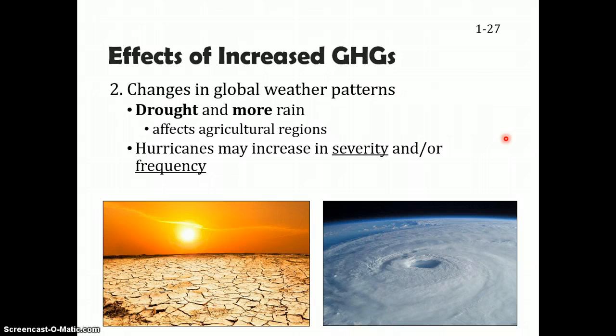Very huge storms, like hurricanes that we experience here on the East Coast, will increase in severity. Typically, it's because there's more evaporation, so there's more water vapor in the air. It's also warmer, and that's what fuels hurricanes. So they're going to become more severe. It's also possible that we may see a higher frequency of hurricanes, meaning that you're going to see them more often. Now, this doesn't mean every single day. It just means that, instead of having 10 in a season, maybe you'll have 15.